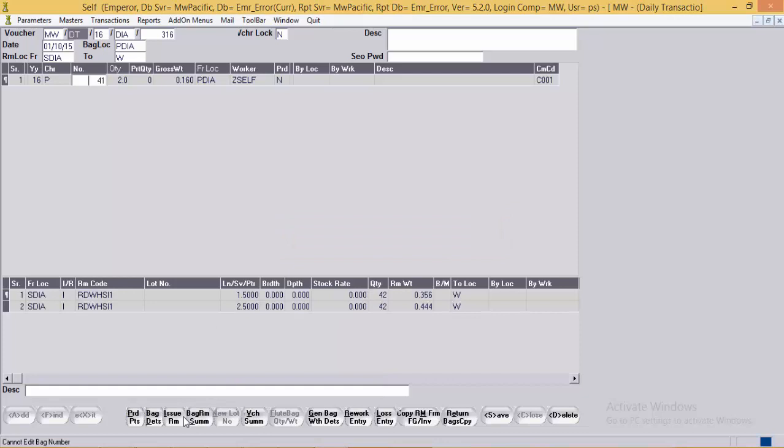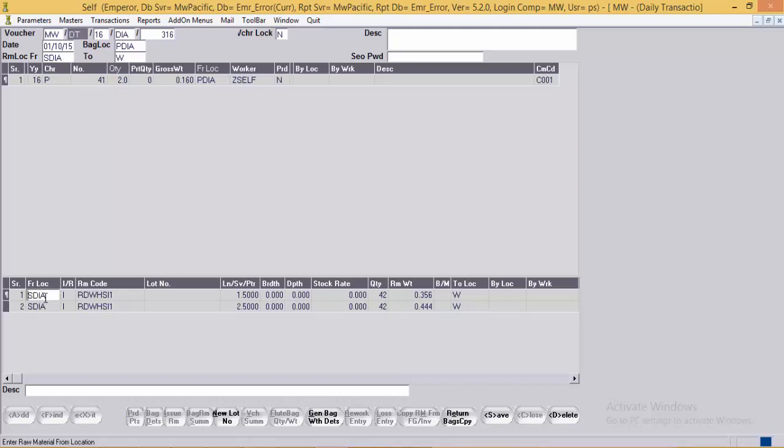Here the system has brought 2 lines of this RM code with 2 different sizes based on the sizes mentioned in the order. The weight has been divided in these 2 sizes by a proportionating logic.